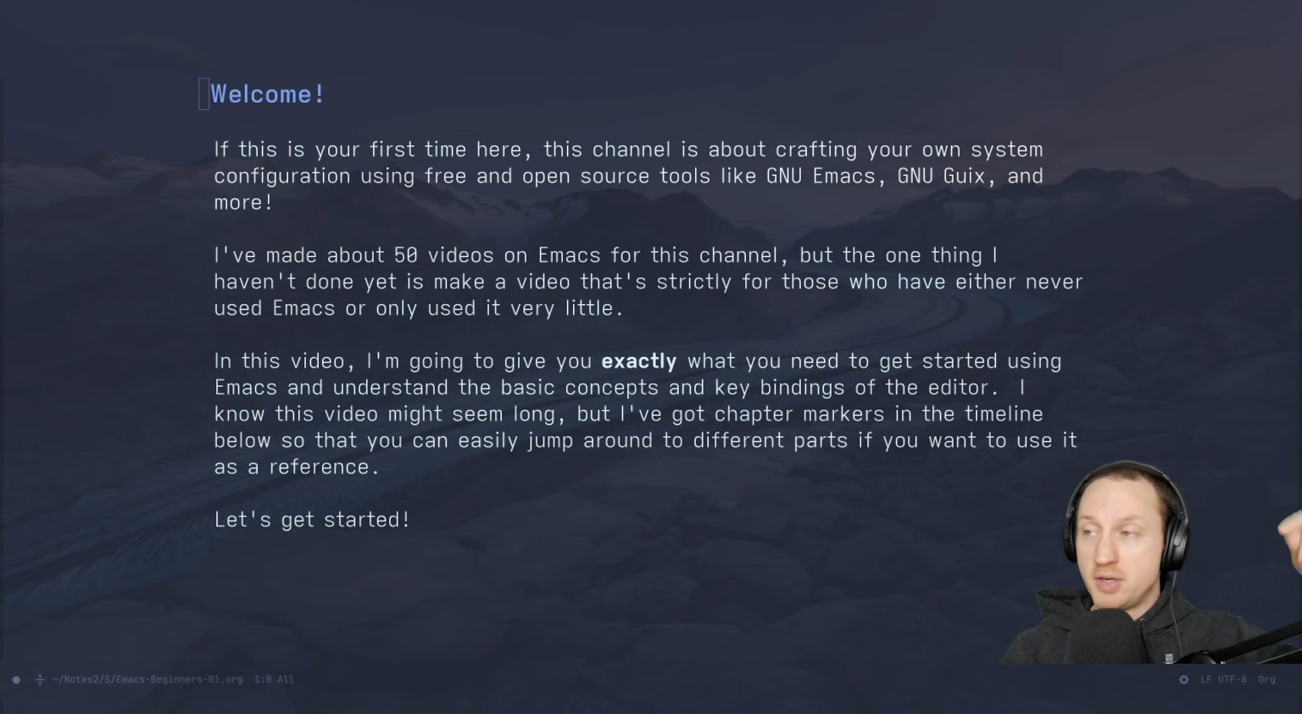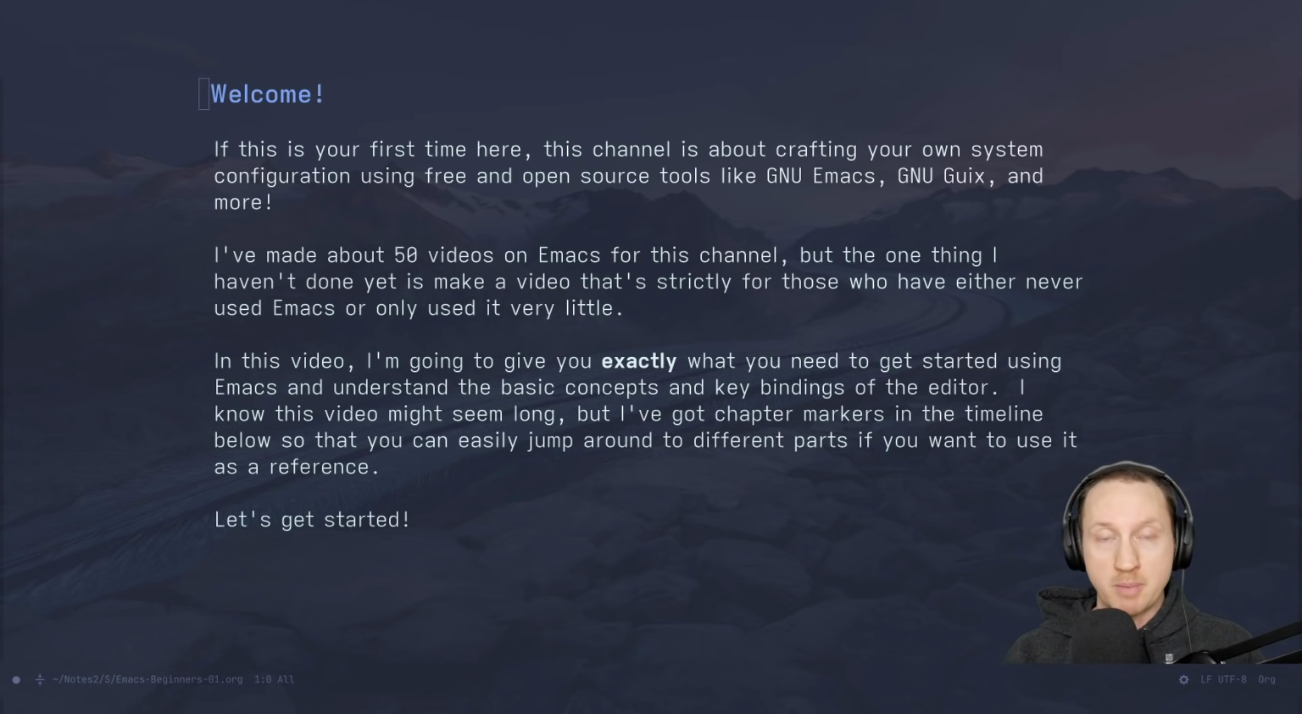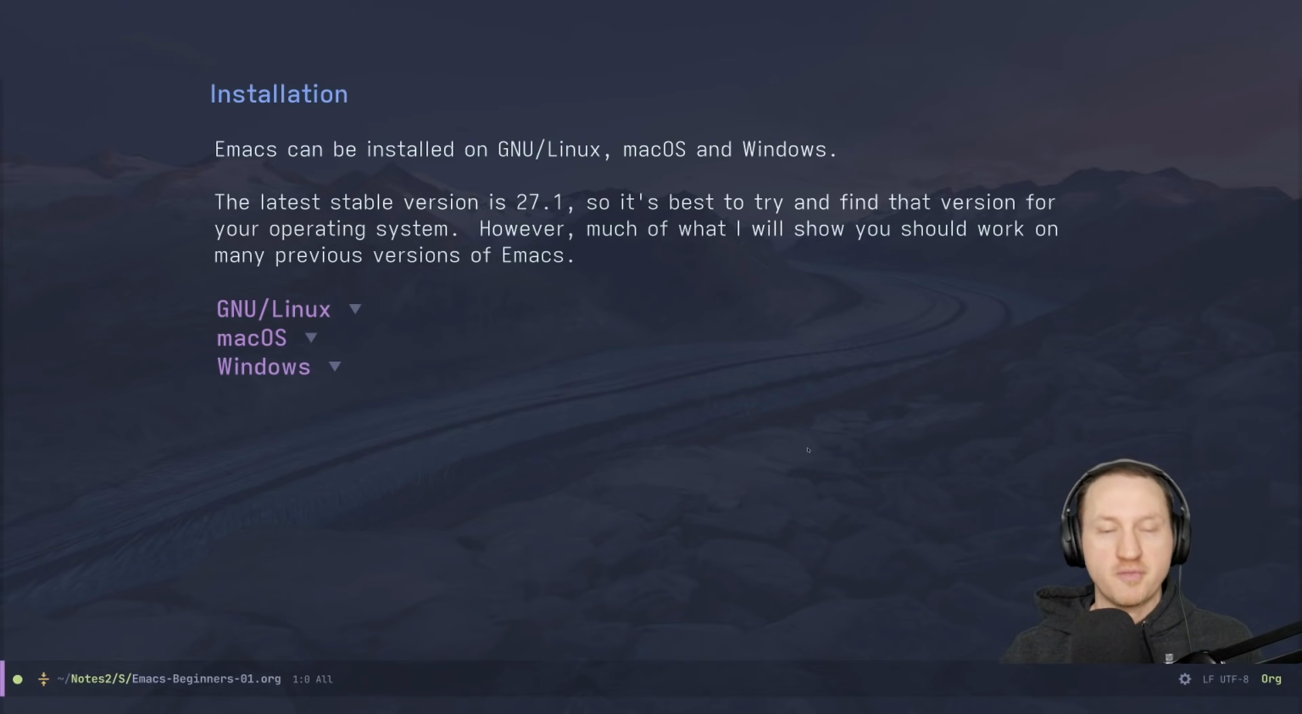Also, the notes that we're looking at on the screen right now are an org mode file, and I'm going to commit this to a GitHub repository so you can go look at it and see exactly what I'm reading to you right now whenever you want to study this yourself. So let's get started. First of all, we can talk about installing Emacs,